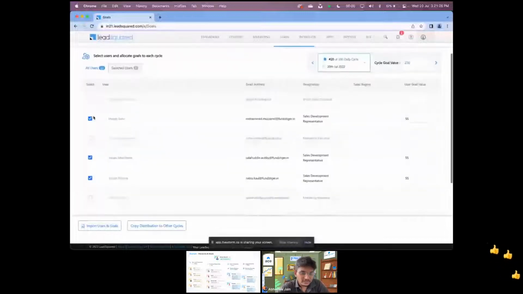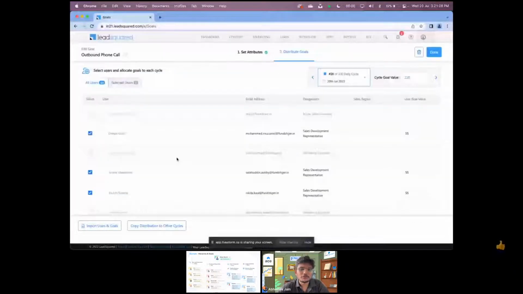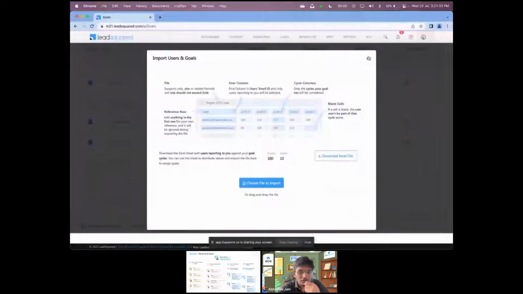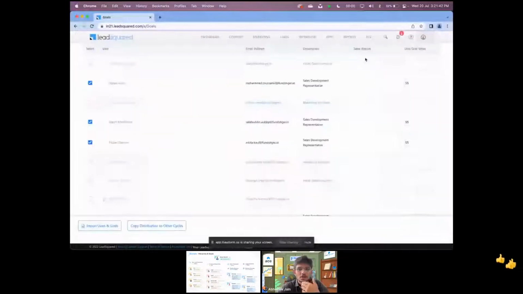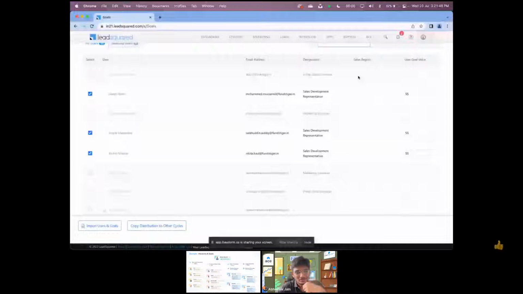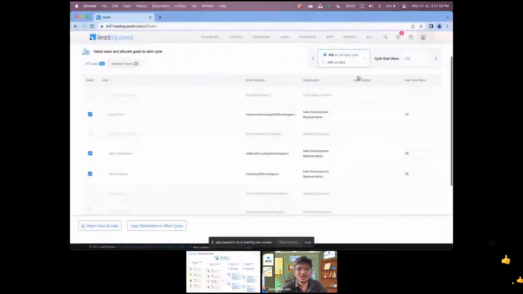Obviously now there are fewer users, but if you have 10, 20, 30 odd users, we allow you to import these details from an Excel sheet as well, right? So it allows you to import the entire goals and the users in a single Excel, and bingo, you just create it. So you don't have to use the interface. You could have your Excel sheet where you created this on paper and import that. So that is again the flexibility that we allow, right?